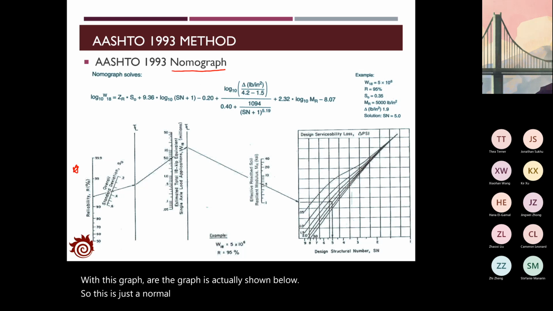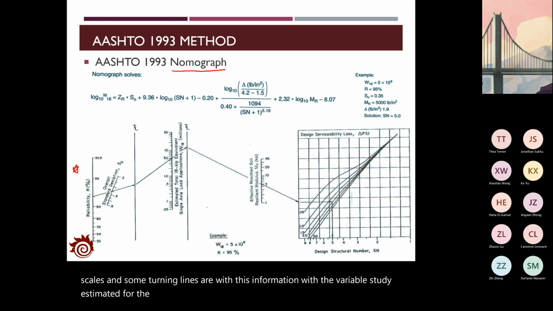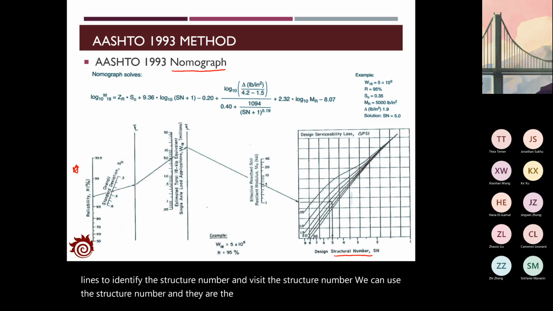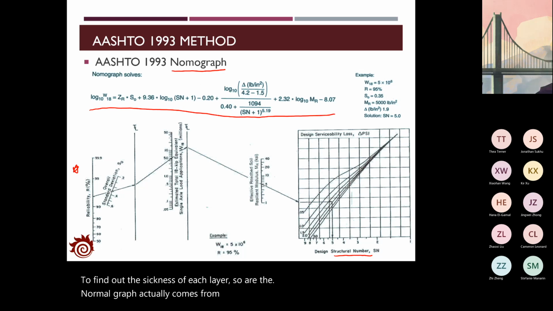This graph gives you the scales and some turning lines. With the variables that you estimated for the project, you can then use these variables and the turning lines to identify the structure number. And with the structure number, we can use the structure number and the coefficient factors to find out the thickness of each layer. So the Nomograph actually comes from the empirical relationship between the ESAL, the traffic load,